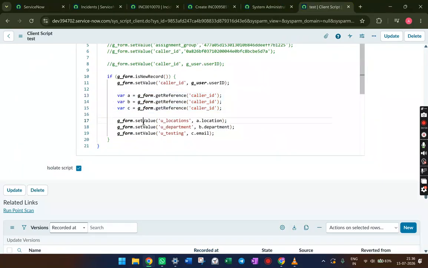Now after getting the data, we are setting the values on our own field, location, department and testing. So we have used set value, and we have provided first parameter as our custom made field, u_location, u_department, u_testing. Now how this came, a.location, b.department, c.email. A, B, C is the same variable name which we have created. So from A,